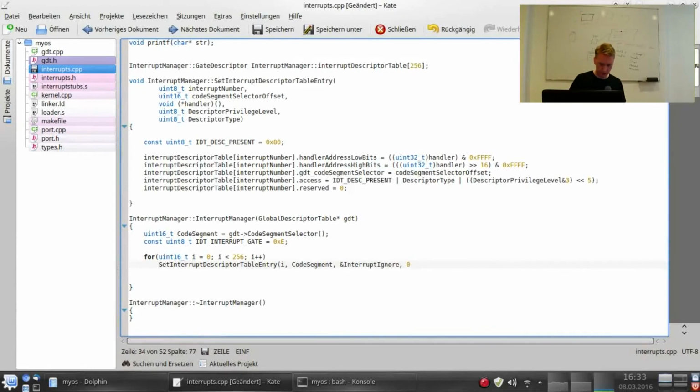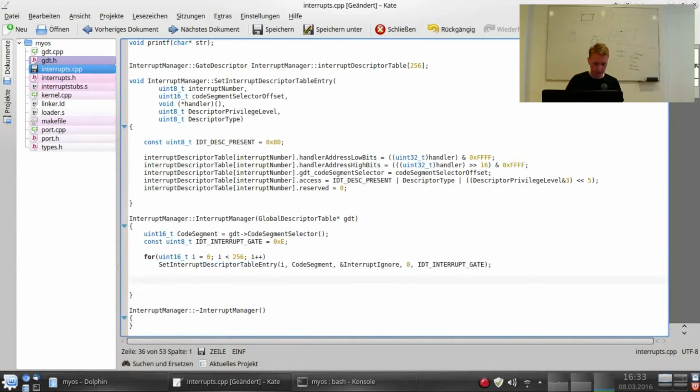Privilege level 0, so kernel space, and the type is interrupt gate. Okay. Now we have initialized everything with something sane, and then